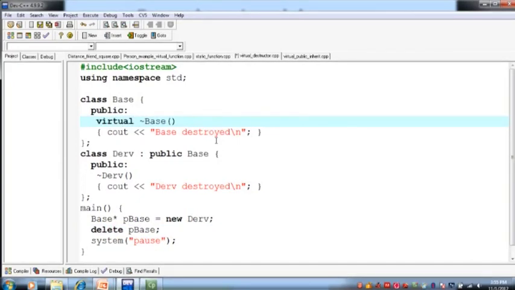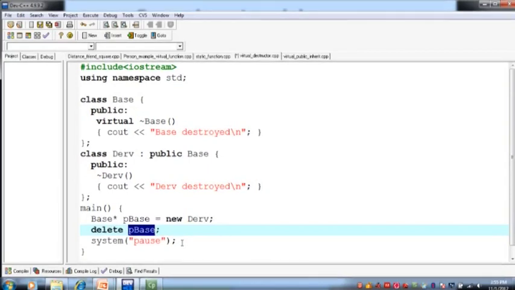ठीक है, अगर हम destructor को base class में virtual बना देंगे, then the destructor in all the derived classes also becomes virtual, right? So now if you delete this p base pointer, अब क्या होगा कि सबसे पहले वो execute करेगा derived class का destructor. अब base class में जिस तरह function virtual होता था, तो वो उस ऑब्जेक्ट के फंक्शन को एग्जीक्यूट करता था जिस ऑब्जेक्ट का एड्रेस उस पॉइंटर के पास मौजूद है, जिसकी टाइप बेस है. ठीक है,